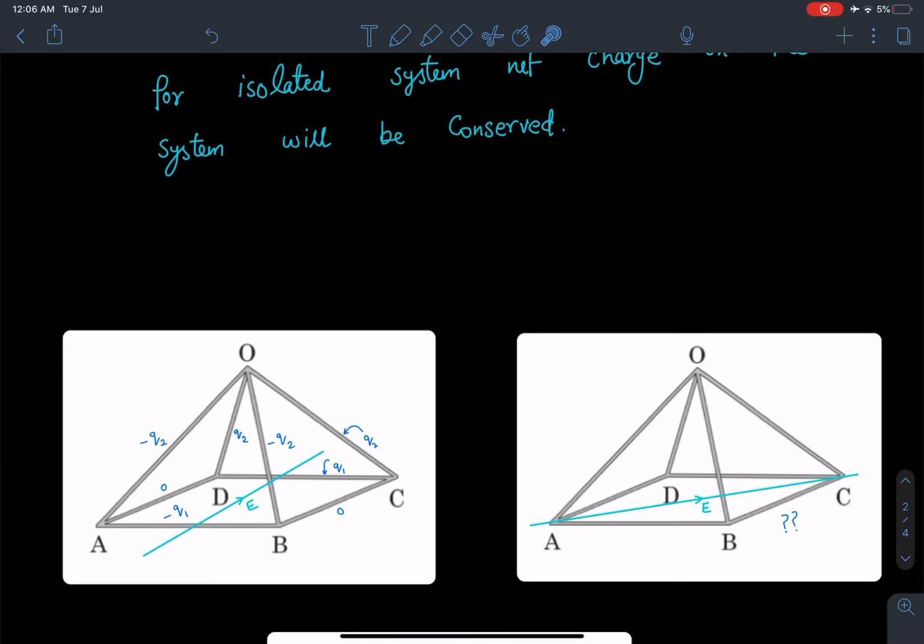Now what we are doing is, now we are rotating the frame in such a way that the same electric field E is now present in this direction along line AC, and again we have to find out the charges on each rod. So let's proceed further. What we are going to do is we'll try to make this diagram in this one so that we can use the result of it. So we will try to resolve this electric field in such a way that we can have a situation like this, where it becomes easier for us to comment on the charges appearing on each one.